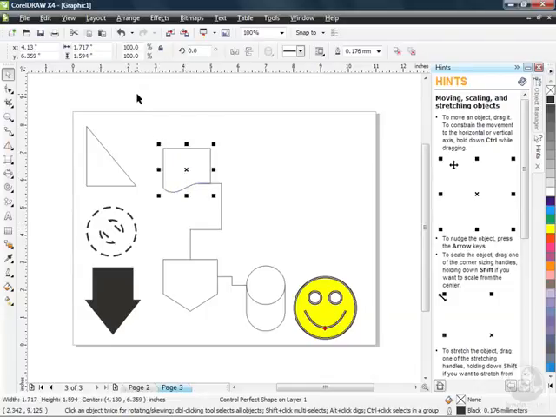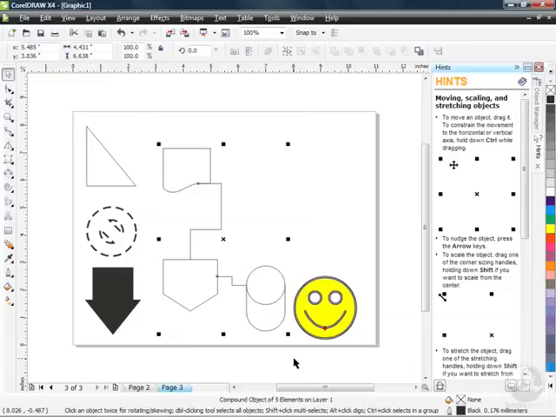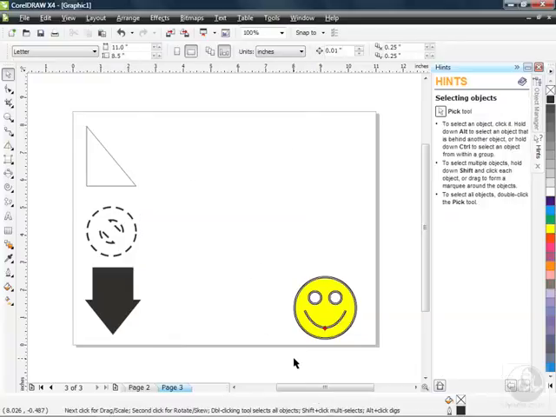All right, I'm going to marquee select these with my pick tool. I'm going to click and drag to make sure I encompass all of those flowcharting shapes. When I let go, they're all selected, so when I hit my delete key on the keyboard, they're all gone. Gives me a little bit of space now because I'm going to go to the next category here of my